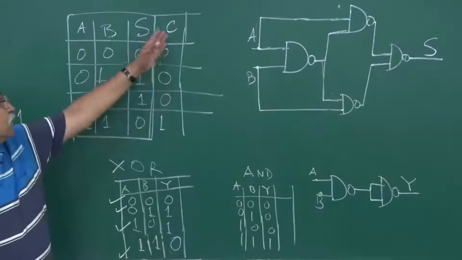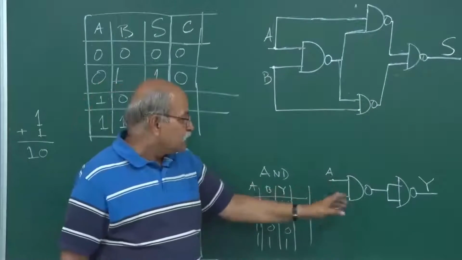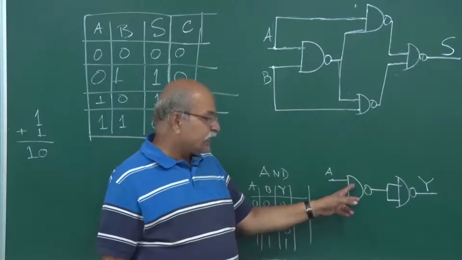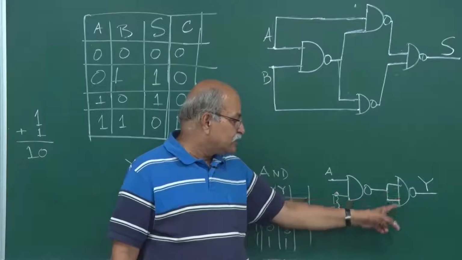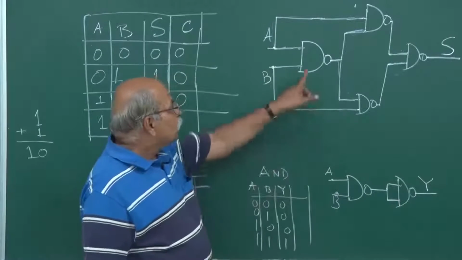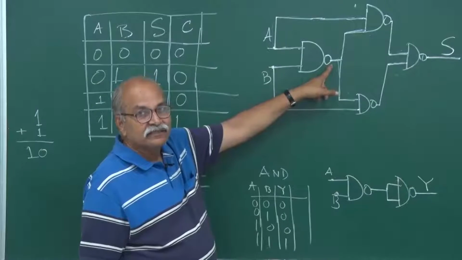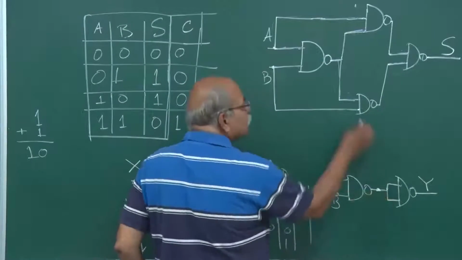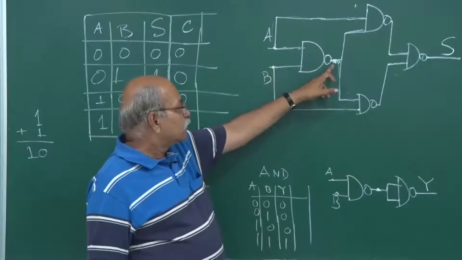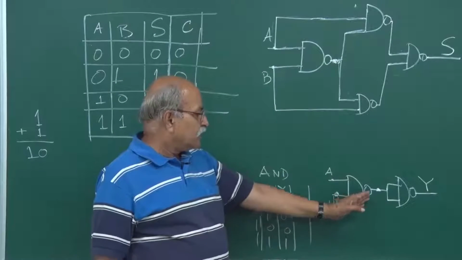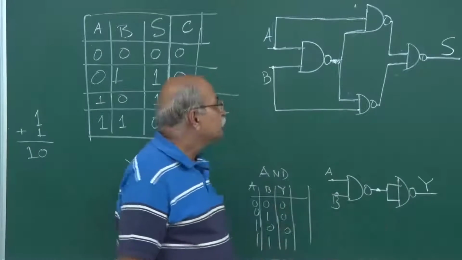So, for carry I only have to do this AND operation between A and B, and for that I have to take this A and B through one NAND gate. Output I have to feed in the second NAND gate, both the inputs, and then I get it. So, already I have here this A and B going through this NAND gate. So, this point I already have it here, correct. A and B are going into a NAND gate and the output of that I have to feed in another NAND gate at the two input points.